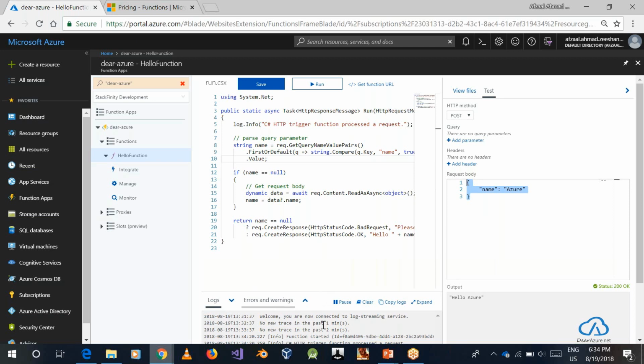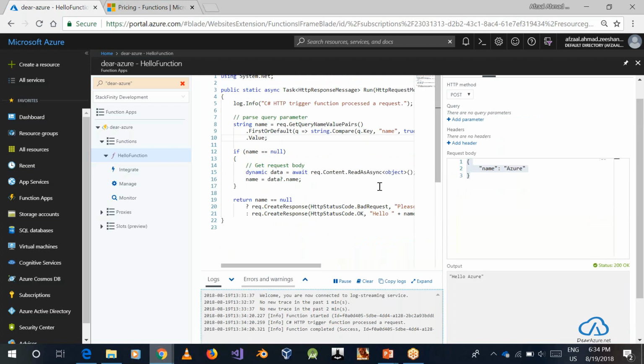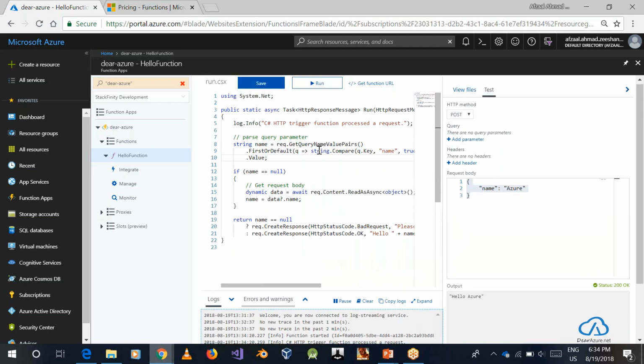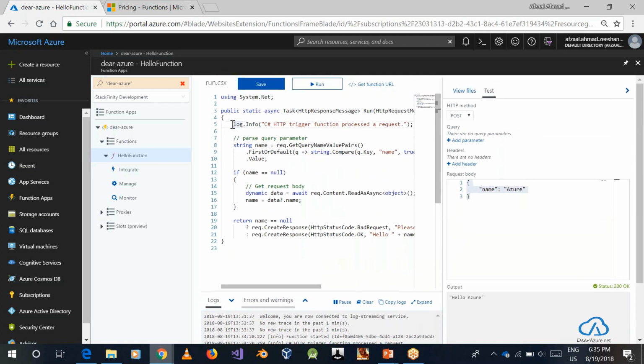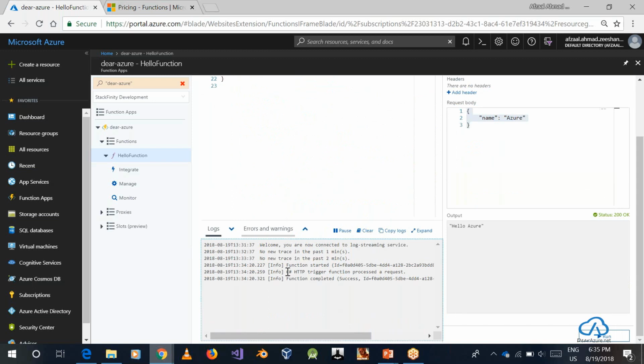If I could just pull it up a bit, yeah, there. So if you can just see that, this was the name that we had passed into it. Wait, it log.info. Yeah. So the first line was that it logged the request that we had sent, and the logs, as we saw earlier, will be found over here.